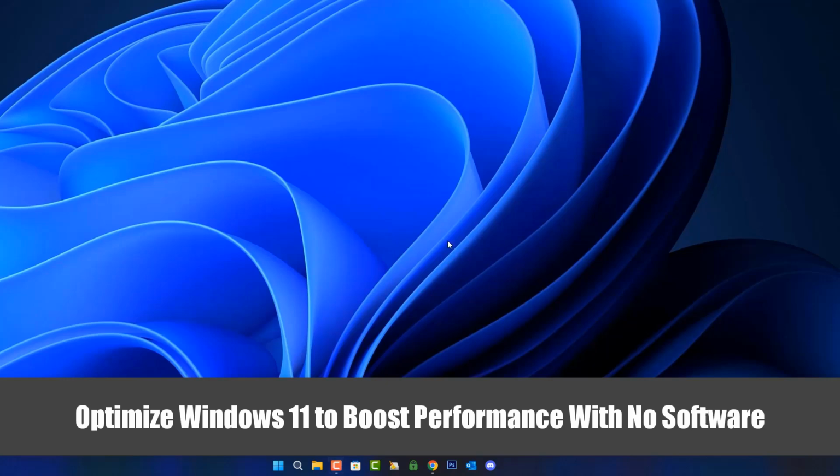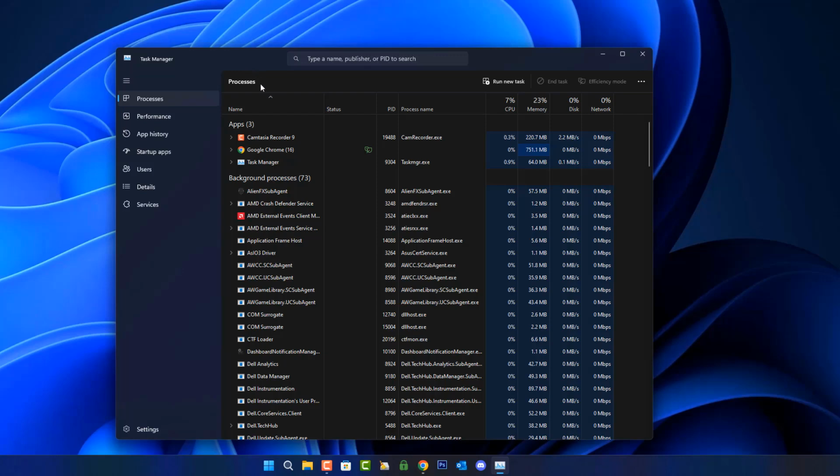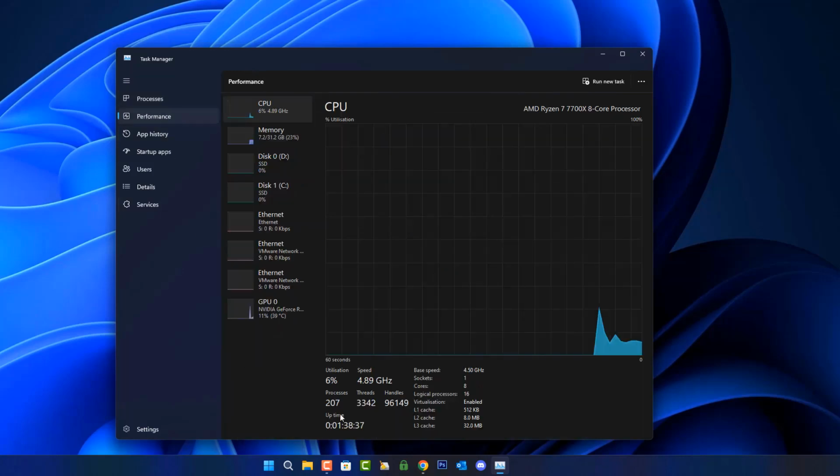Hey guys, today we're taking a look at how to optimize Windows 11 to boost performance with no software. So if we take a look inside our Task Manager, under the Performance tab on CPU, you can see we have 207 processes running on this computer. Also, under the Threads section we've got 3,330, and the Handles is